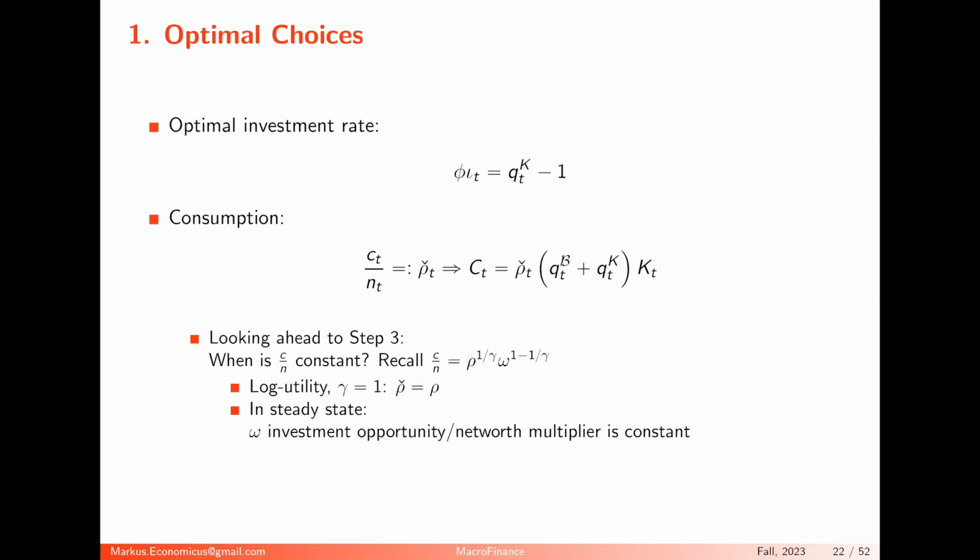Yes. Now we have to do the optimal choices for each citizen. So each citizen is now within the same sector. Each citizen is choosing my investment rate. That was the Tobin's Q. That's the same thing we had always. Now the only difference is we have the superscript K because it's the price of capital.